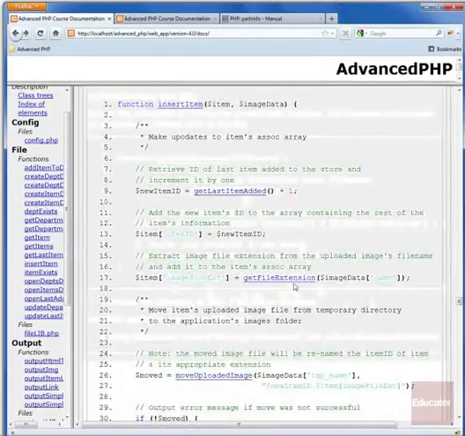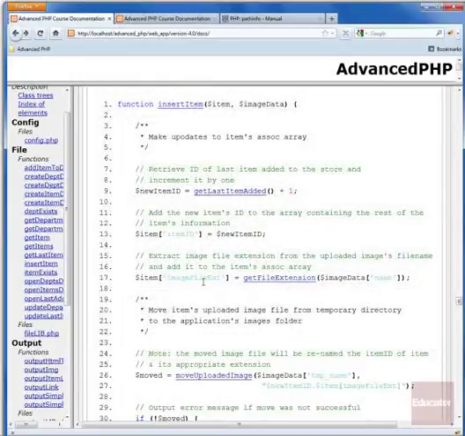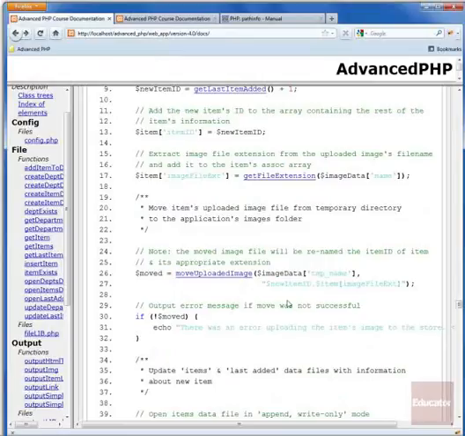So now the first thing we've done is we've set the file extension for our particular item using this getFileExtension helper function. The next thing we're going to do is move that uploaded image from the temporary directory into our application's image directory. So we're going to make use of this new function created called moveUploadedImage, and what that does is it's going to take two